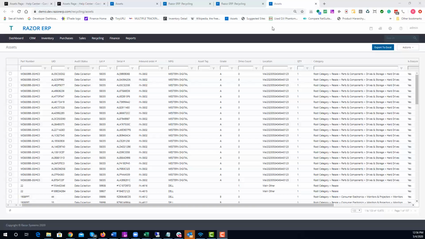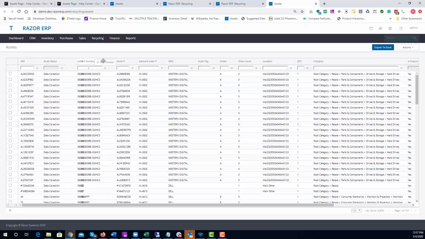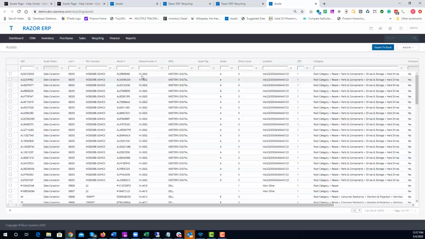Hey guys, in this video we're going to show you how to use and interact with the data grids in the system. So this is the standard layout. You have the opportunity to customize each grid per user, so any user logged in would be able to move various columns around and save the formatting,